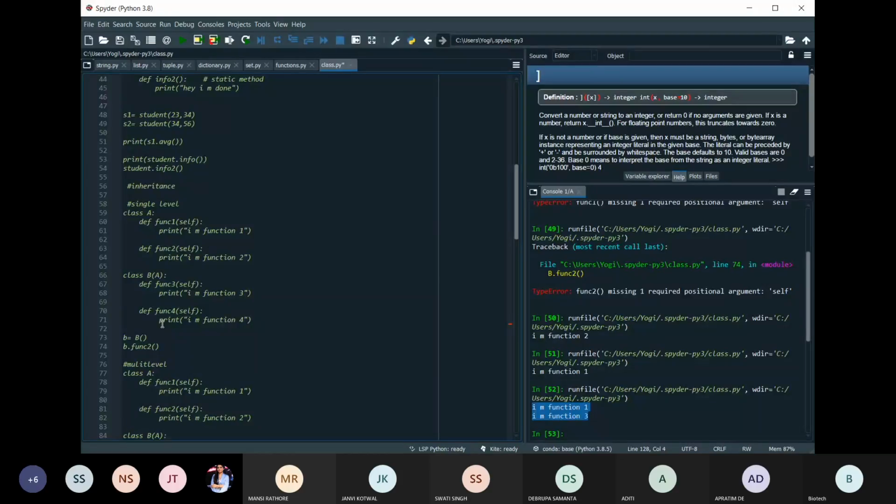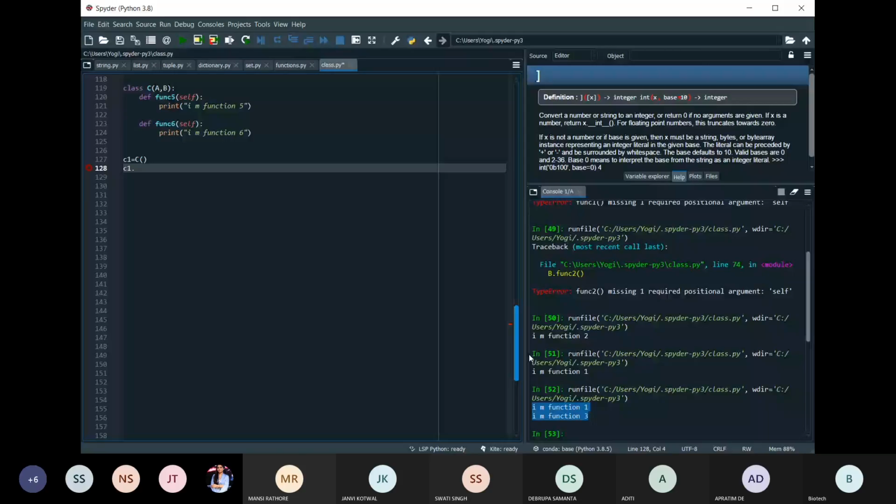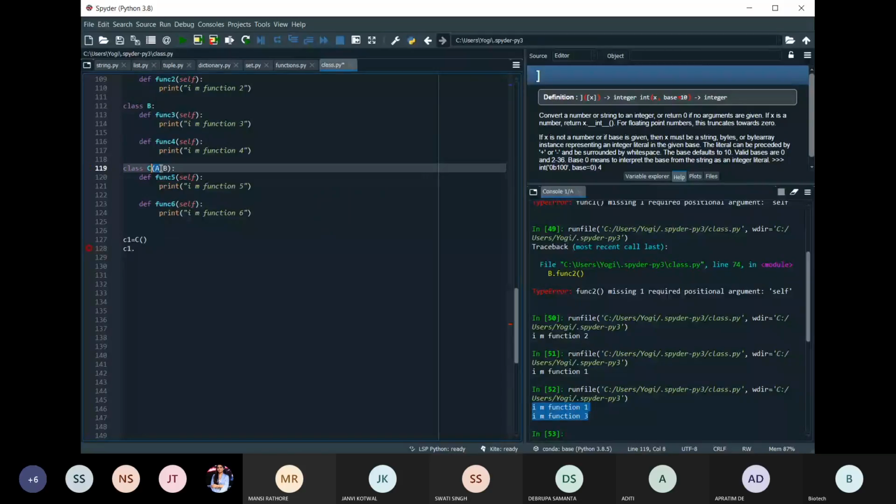Okay, now method resolution order in multiple inheritance gives you the order of precedence, that is, how you are going to find the value. If I have written class C deriving from A and B, first of all it is going to access the A class, then the B class behind the scenes. If I have written B first and A after that, then it is going to access the B class first and then the A class. Fine.